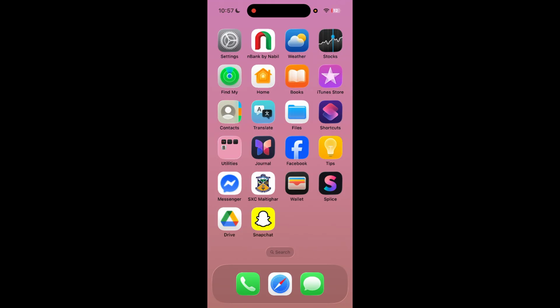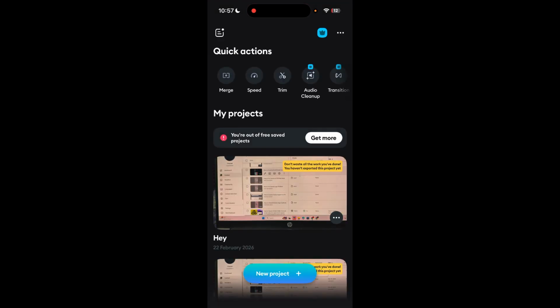So let's get started. First you need to launch the Splice app on your phone, and if you do not have the Splice app yet you can go to the Play Store or the App Store and download it from there as well. And once inside Splice you'll see your video clips arranged in the timeline at the